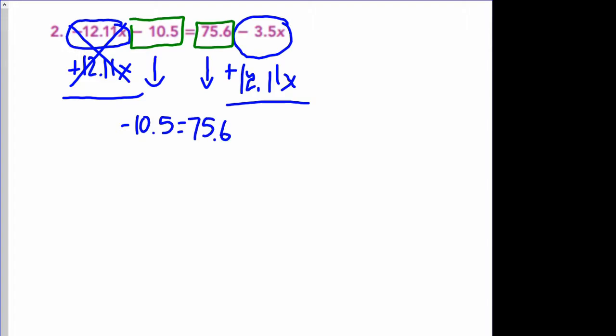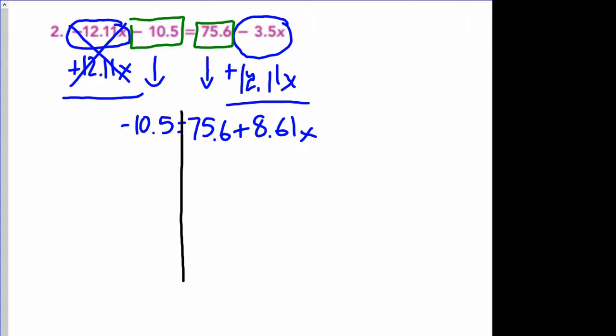And now I have to figure out, okay, I have a negative 3.5, a positive 12 and 11/100ths. What is the difference between those? Because I have a positive and a negative, so I don't want to add. I actually want to subtract, and I get a difference of 8 and 61/100ths x. And it's a positive because my positive number was larger than my negative number. Okay? All right, so now that I have that,